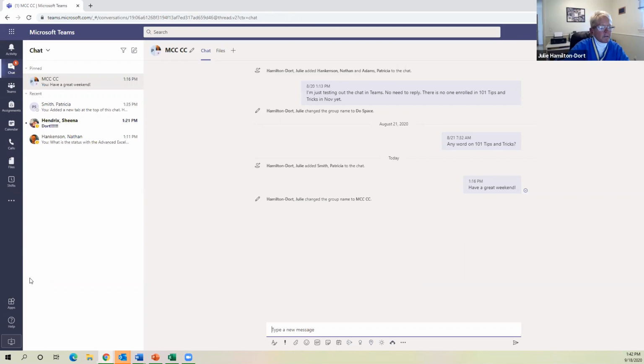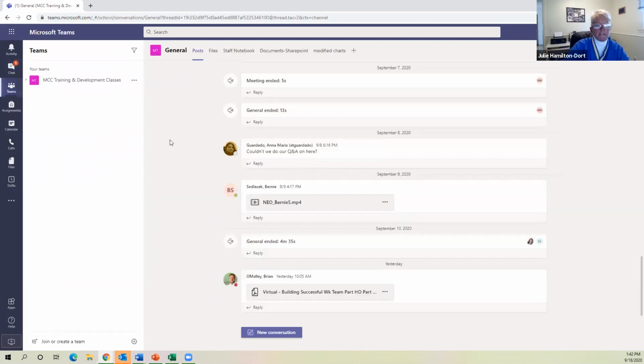Okay, so that's looking a little bit at the calendar. The next thing that I want to look at is Teams. And Teams is a little bit different than chat in that I look at this more as shared groups. Maybe you're an instructional designer, maybe you're in HR, maybe you're a first grade teacher, and you can either go out and find these teams. You can join these teams if you want to and have a conversation with them. Like I said, it very much reminds me of social media almost,